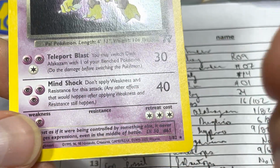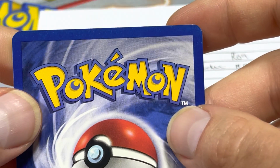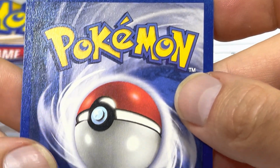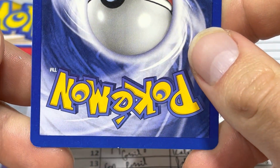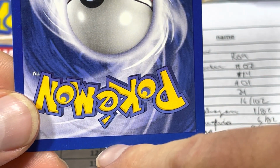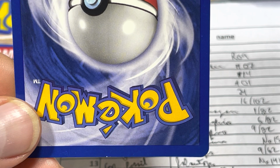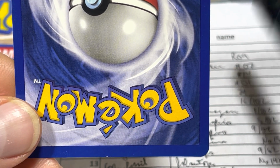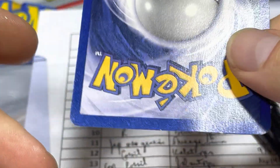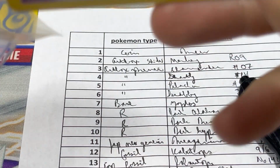Fingers crossed that the back is in really good condition. Let's see. Yeah, so the back is in super solid condition. That's really fantastic. Now there is some chip here, which is pretty evident. I'm going to do a 2 grade, so I'll do 8 to 10. Obviously 10 probably isn't going to happen. I don't see why we couldn't get 8, which is still a pretty solid